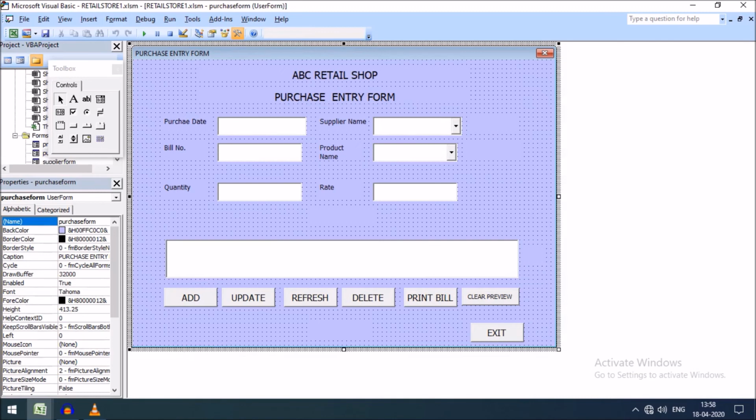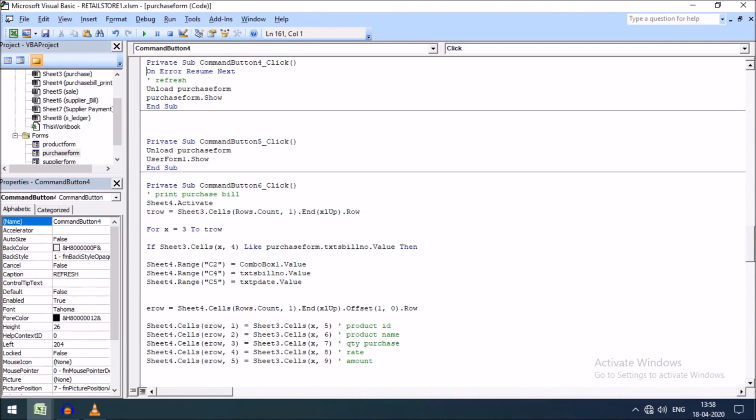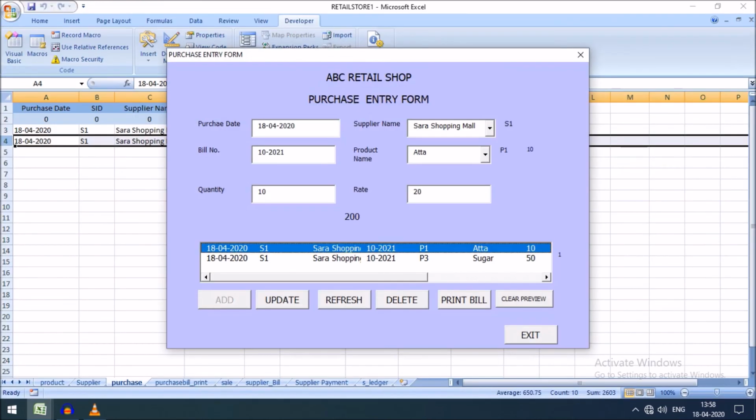And friends, here you can see another thing, that is refresh. Just two lines of code have been given here, on error, unload and reload. That means unload the user form, unload the purchase form, and PurchaseForm.Show again. Here we can assign another thing: if I click on refresh, our add button should be enabled.